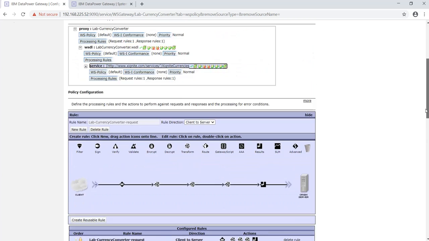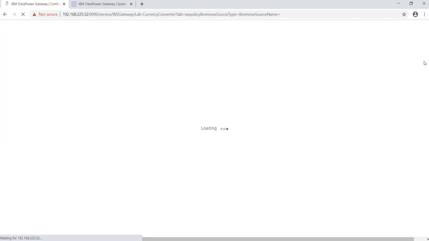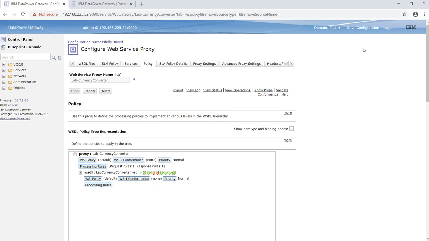We'll save it. Okay, now let's move to our logs.